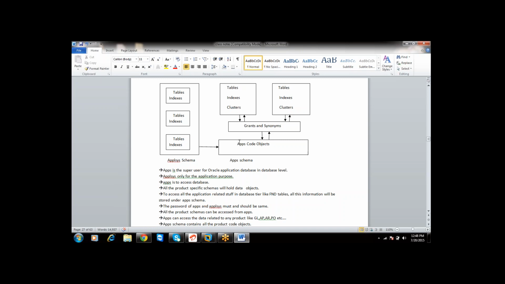So they are individual modules, right? That is correct, Santosh. That is why we call apps a super user for your Oracle application. Moreover, apps has the ownership only at the database level. Coming to the front end, if some end user is trying to access some data or insert some data, that kind of application related business workflow will not be taken care of by apps. Those are taken care of by your individual schemas only.